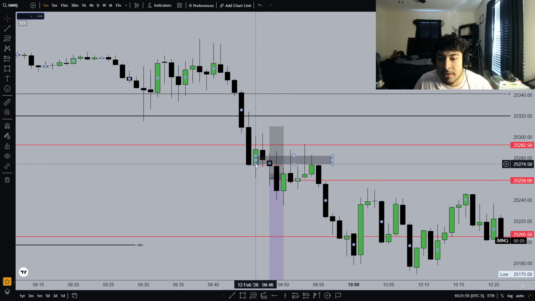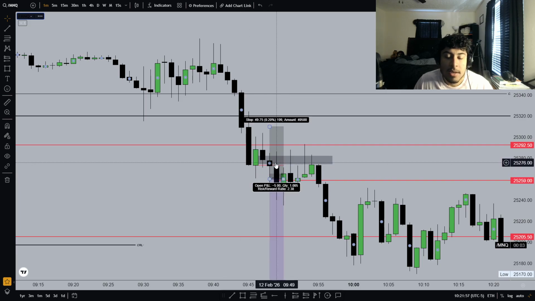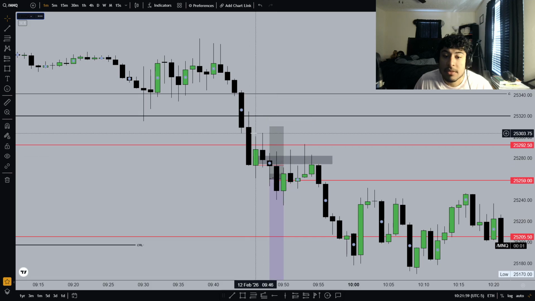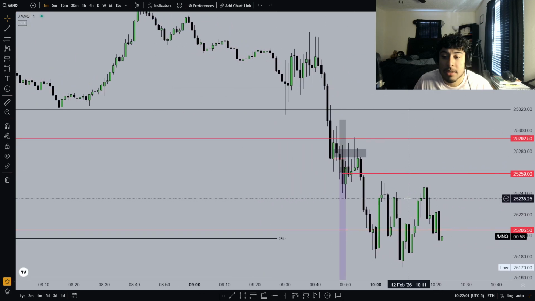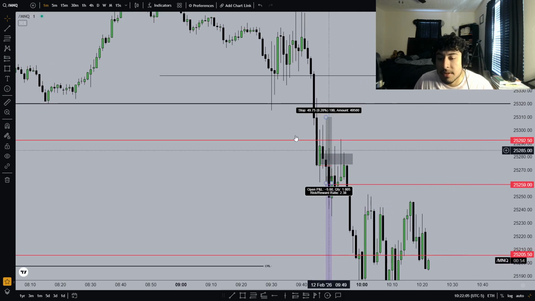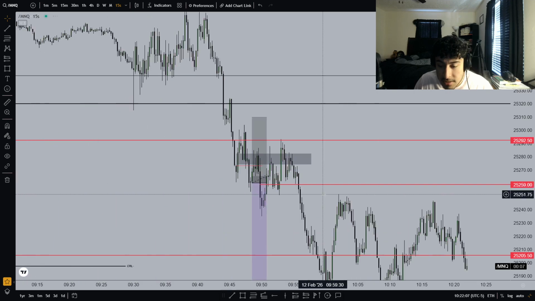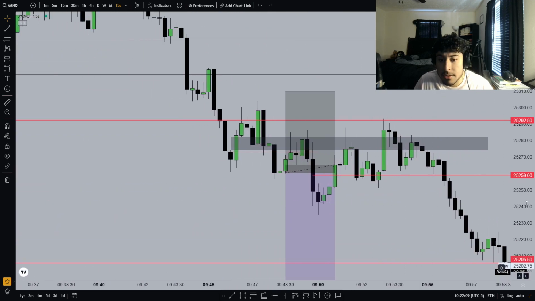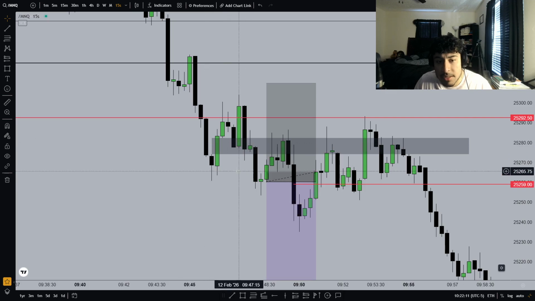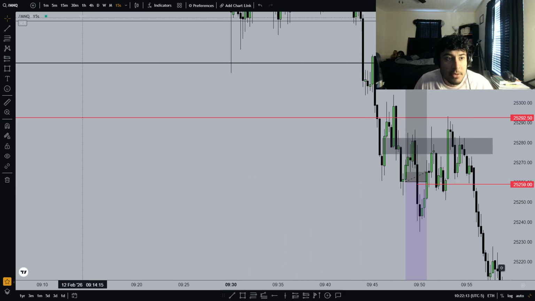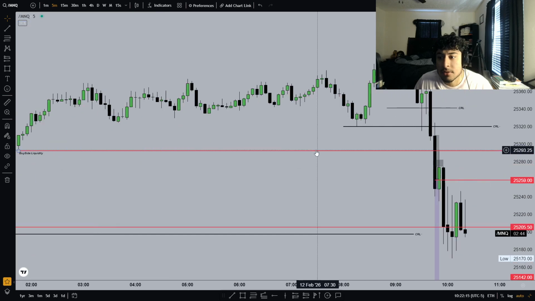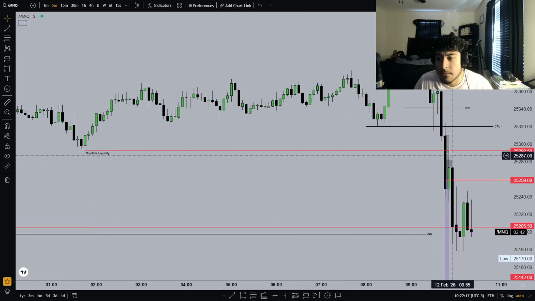We could have probably waited for the retest, or we could have entered off the SIBI. That would not have been a bad trade either. That would have been more of a continuation type sequence, which would have been good too. Continuation type mixed with a redelivery or rebalance. But again, we also met the first objective before we even entered. So we met this objective, came back up, and then eventually we started to reject it again.